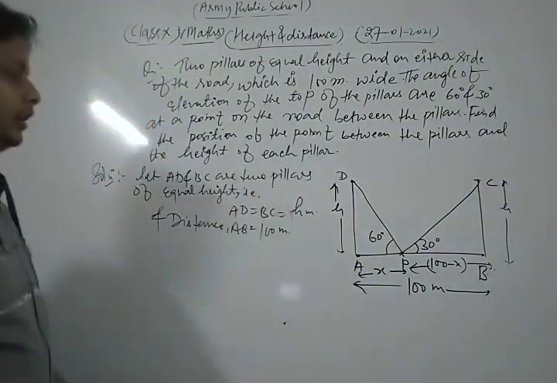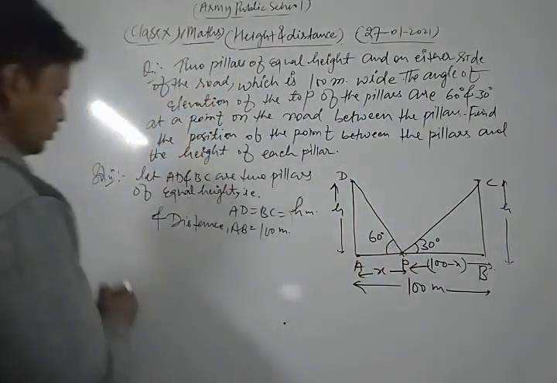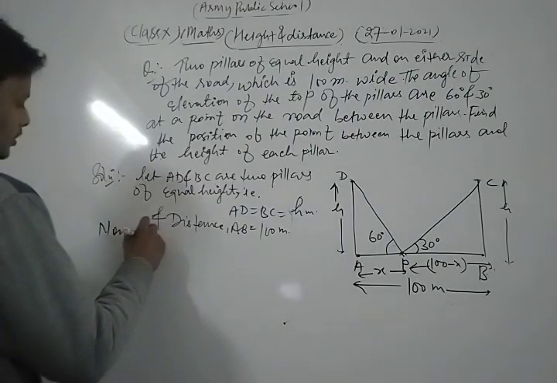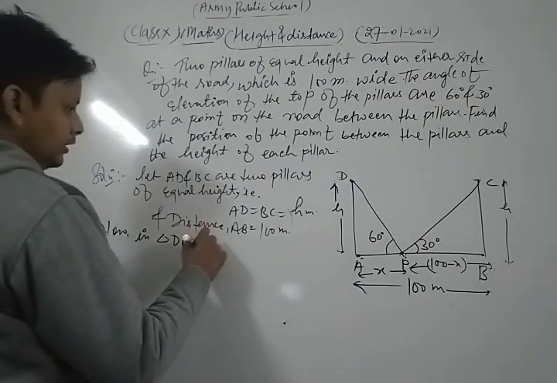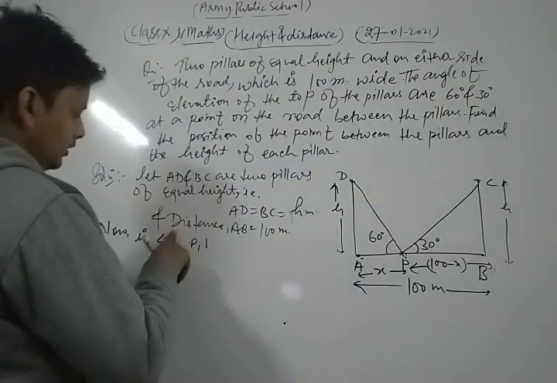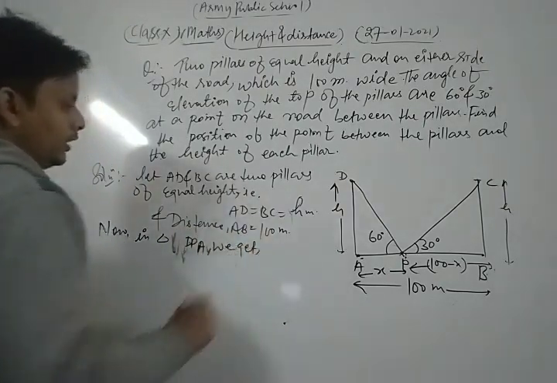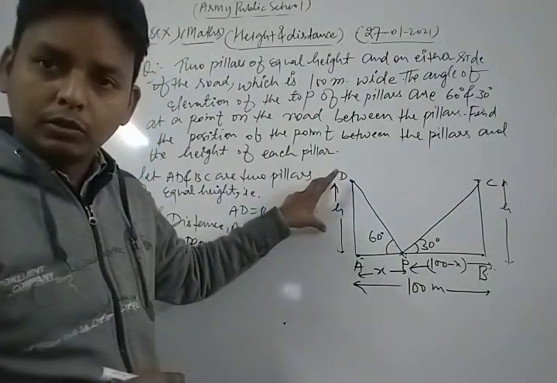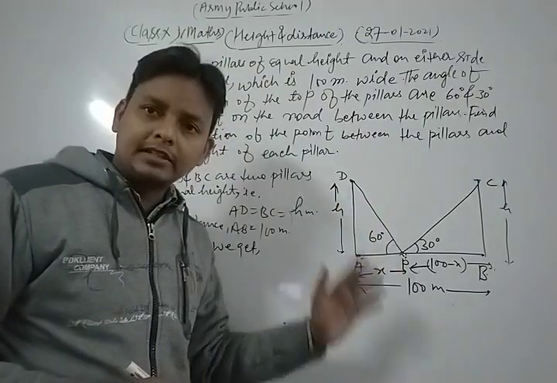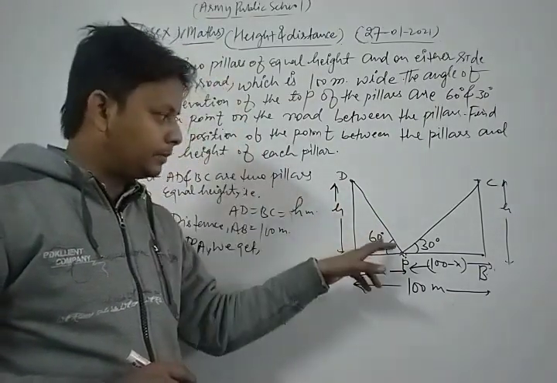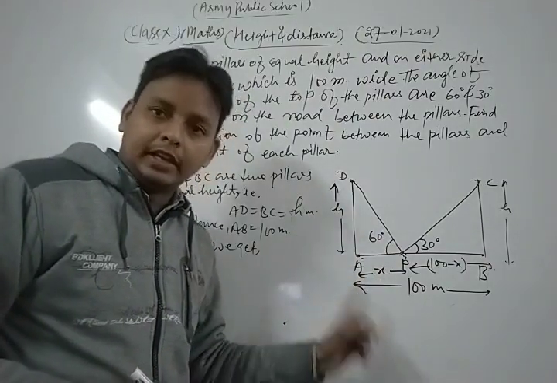Now firstly, dear student, we take triangle DPA. In triangle DPA, this is the perpendicular and this is a right angle triangle, with the right angle at A. If we observe that triangle, then we apply the tangent rule, because perpendicular and base come in tangent, right?